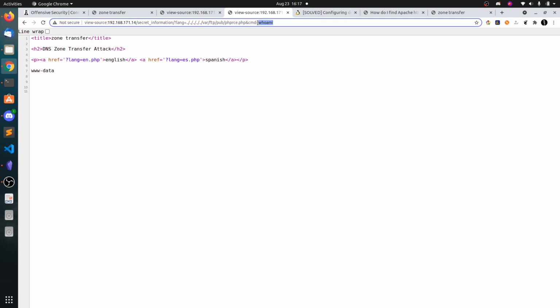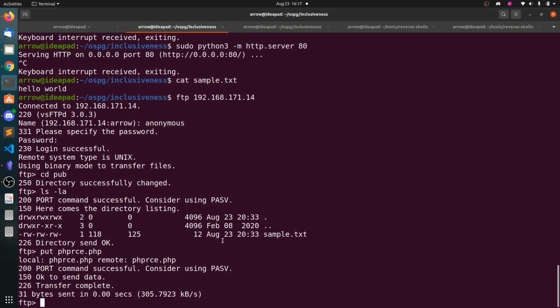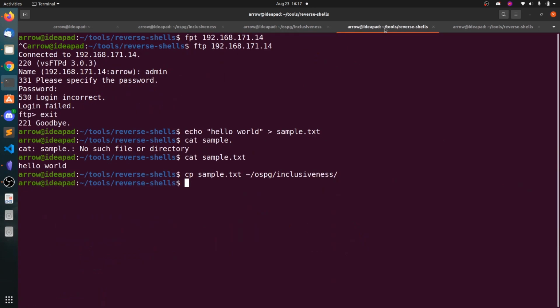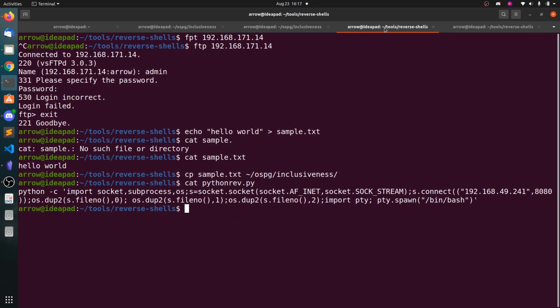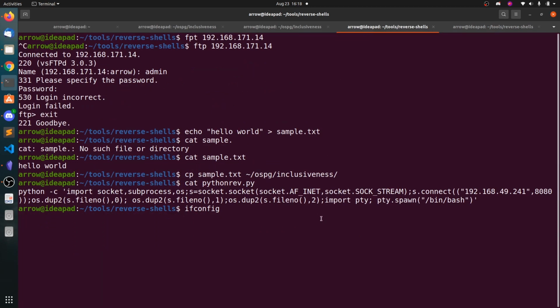So let's search for which Python, and Python has been installed. We need to edit this IP address and the port number. You can grab this reverse shell from Pentest Monkey.